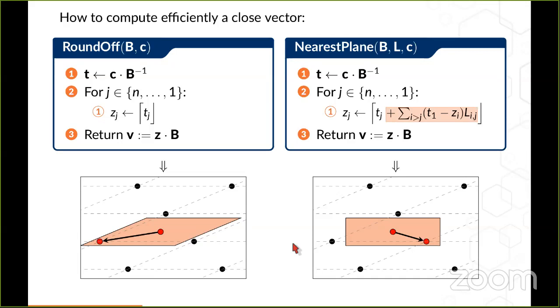You have the intersection of a parallelepiped and the lattice, but this time the parallelepiped will not have the form of the basis, but the form of the orthogonalized basis. Other than that, the two parallelepipeds have the same volume. So one can show that on average and in the worst case, the nearest plane algorithm will give you